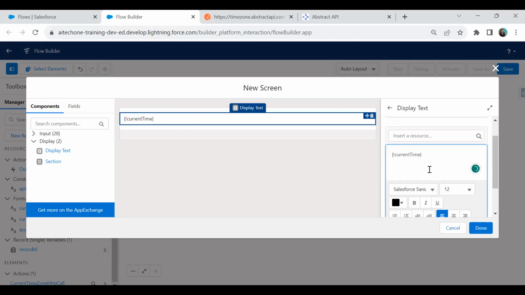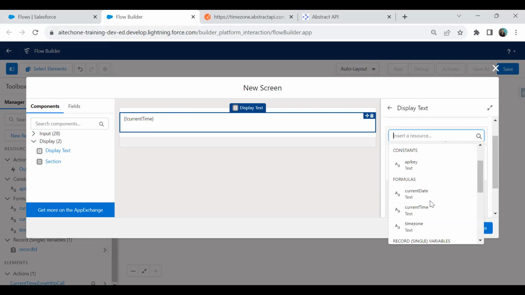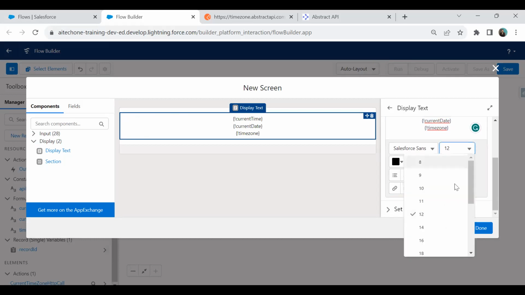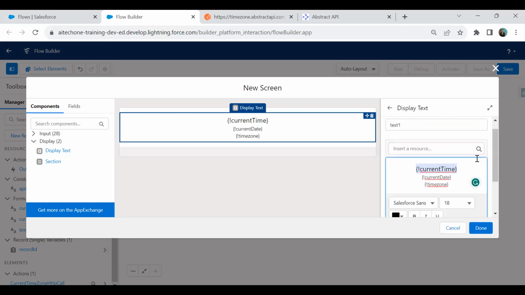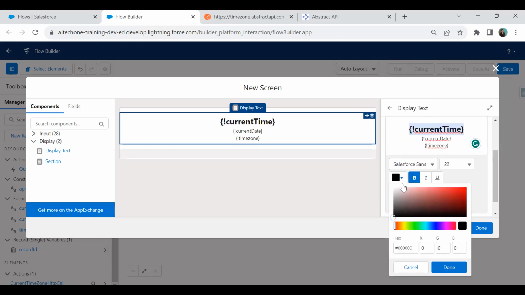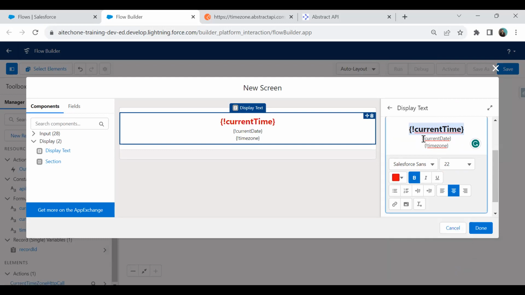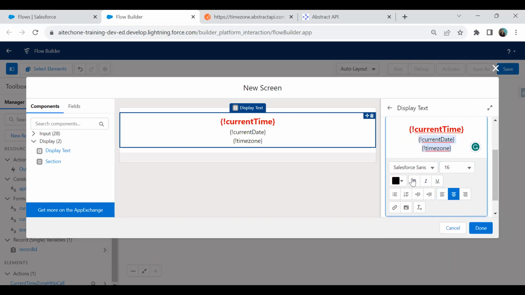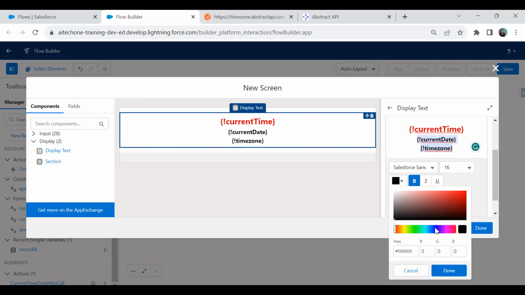First of all, current time, enter, and you have to arrange the current date, current time, and time zone. Now I select this center, and I just select this current time and increase its size. Let's say I'll make it 22, bold. I set the color to red for this. And for current date and time, I increase this to 16, bold, and the color will be, let's say,